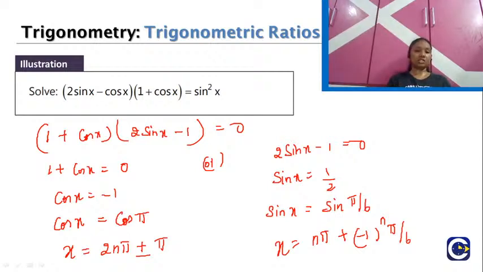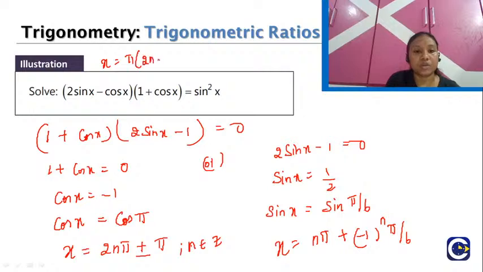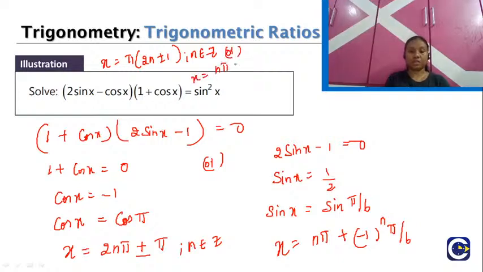Right. So here you can take pi common also, because here you can observe pi common, or else you can leave it like this. So for both, n belongs to integers. Hence our solution of the equation is x is equal to, we can take pi common, then it will be (2n plus or minus 1) into pi, n belongs to integers,